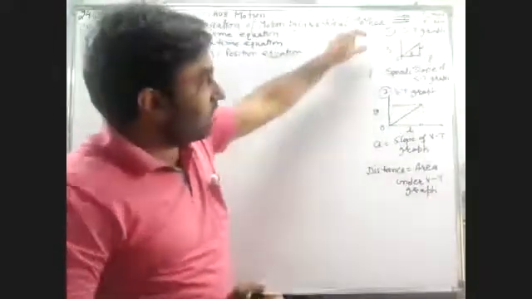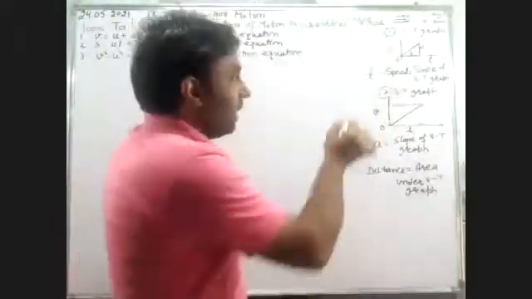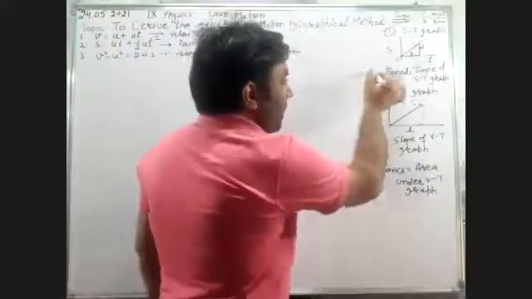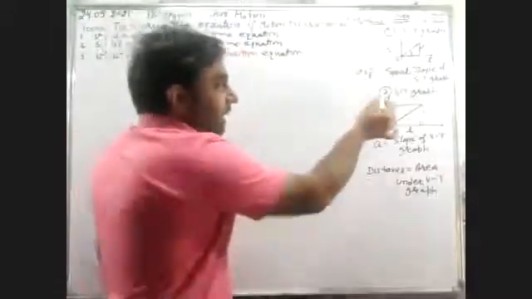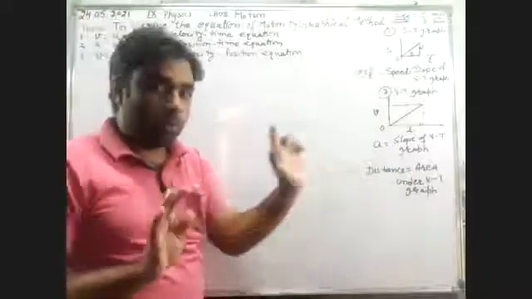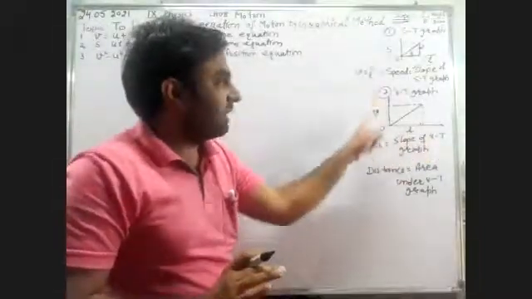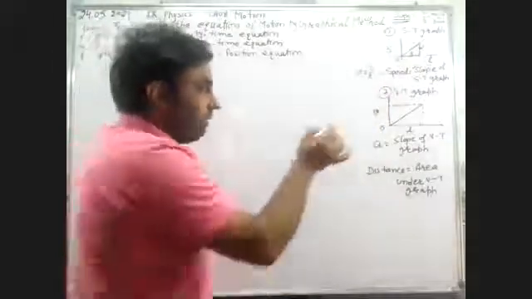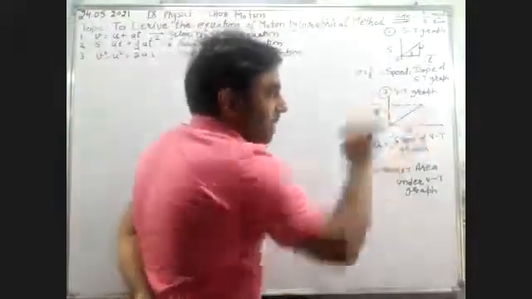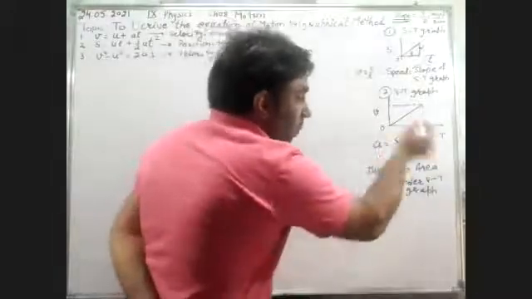So in terms of the distance-time graph, the slope of the ST graph gives speed. So speed will be equal to distance divided by time. What about the VT graph, velocity-time graph? We are using uniform accelerated motion. The x-axis is the time axis, the y-axis is the velocity axis. Velocity is given on the y-axis, time is given on the x-axis. So what about the slope of the VT graph?